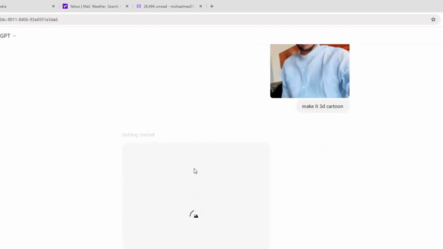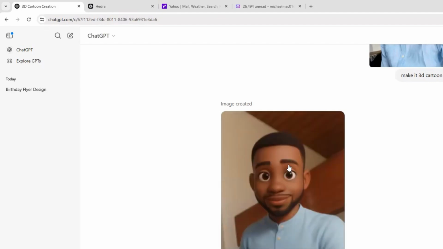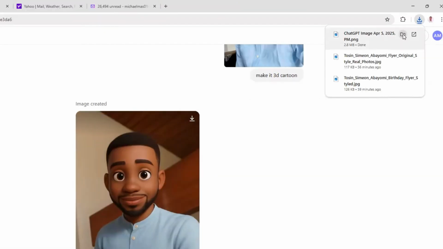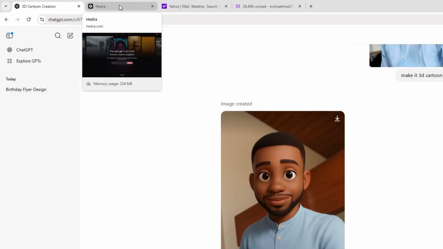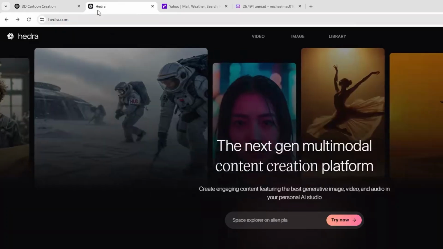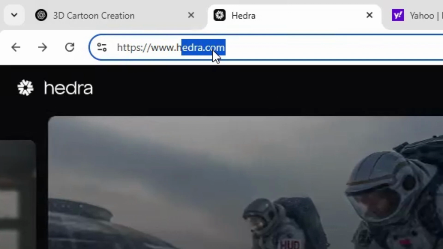It is still generating, so you have to wait. Yes, it is done now. So we can now download this image. You can see the download here. Once it is downloaded, we now go to the site where we lip sync what we want this cartoon to say. We'll be using Hedra. Go to